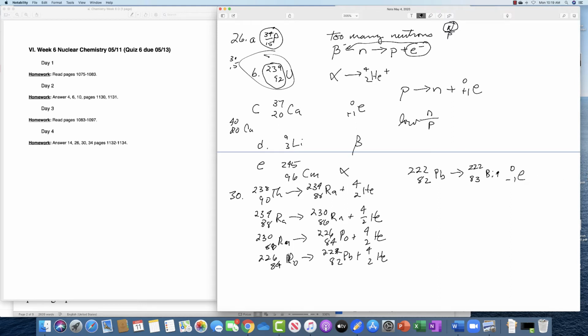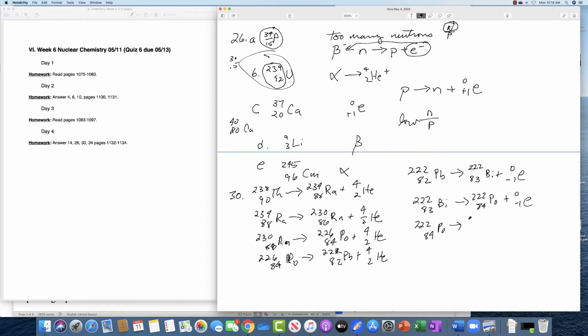And then you do bismuth, 222, 83, and another beta particle. You end up with 222, 84, which is polonium again. So that's the second. And then the last step, I believe this is, yeah, the last step is to take polonium, 222, 84, and do